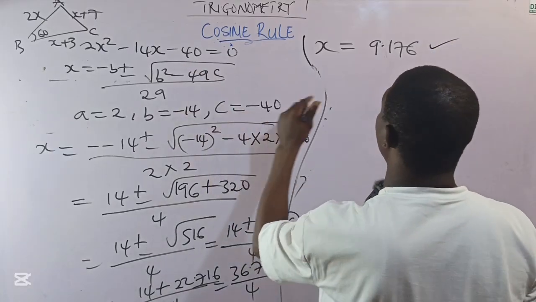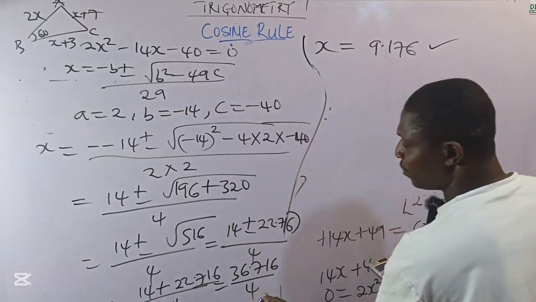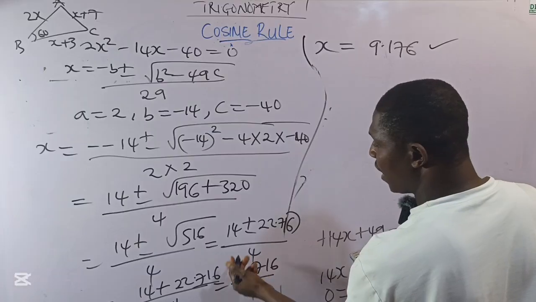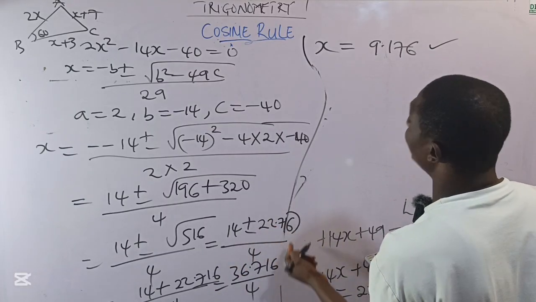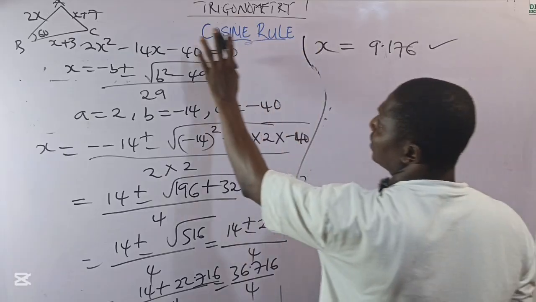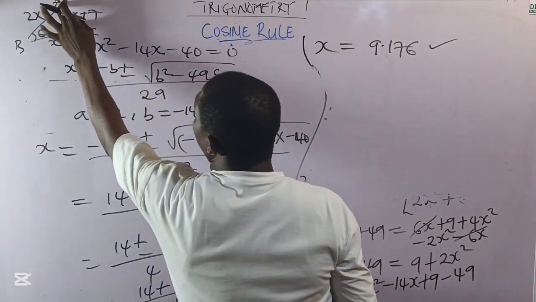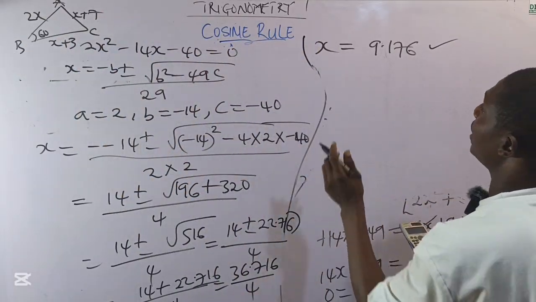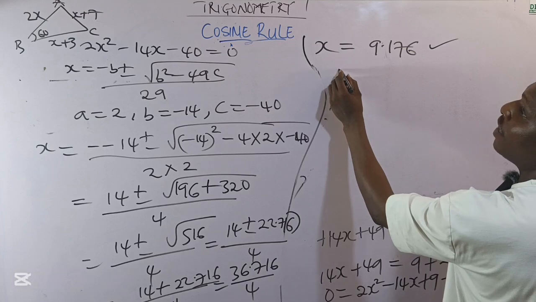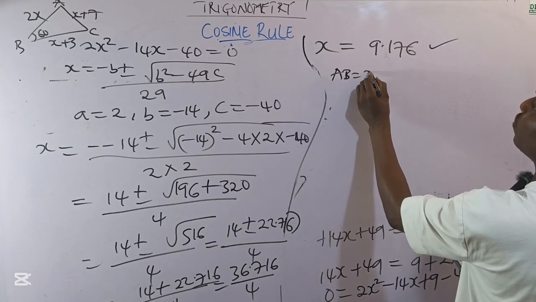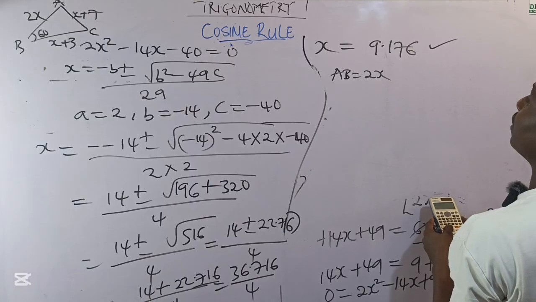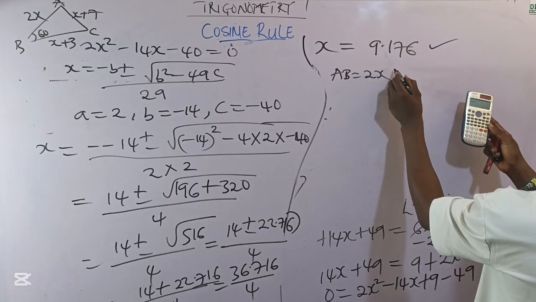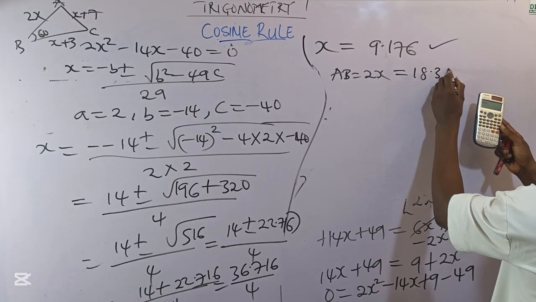But I can verify. Why? Remember, I'm supposed to use the negative sign. But if I use 14 minus this, I'll have a negative value, and a negative value is not accepted. That's why I use my positive value for my side. Now, AB, I want to verify if the answer is correct. AB there is equals to what? 2x. And the value here is 2 times what? 9.176. And that will give me 18.35